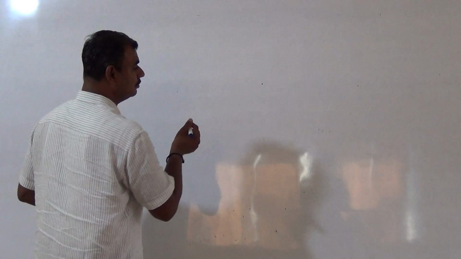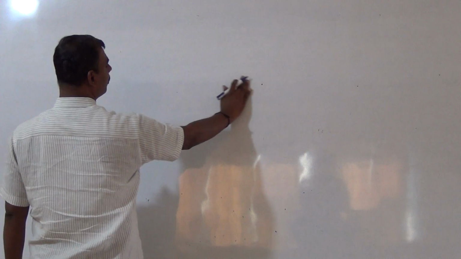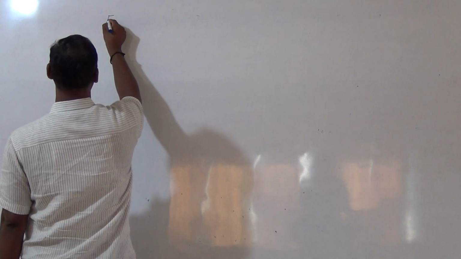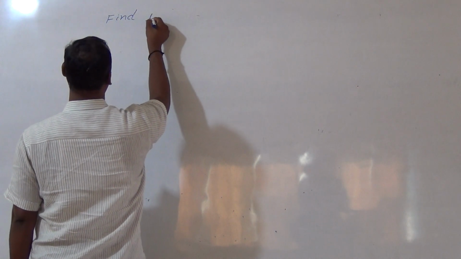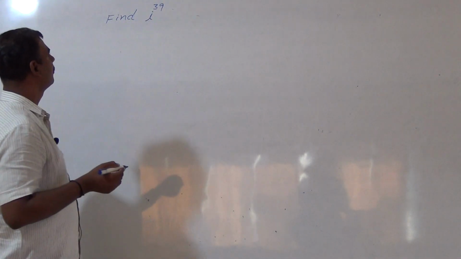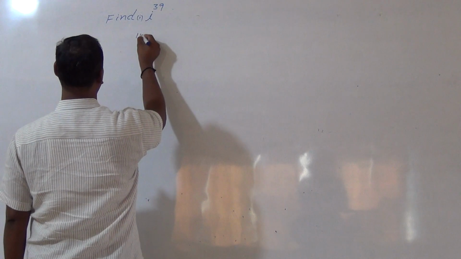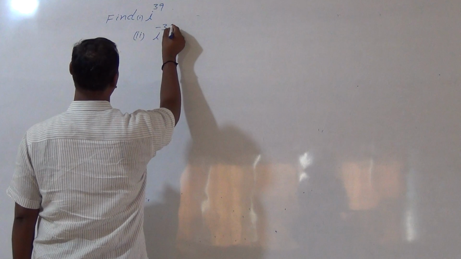Algebraic properties of iota. Before that, we have to learn some problems. The question is asking, from the properties of iota, find iota raised to 39. I will write the questions first. Iota raised to 39, iota raised to minus 39,